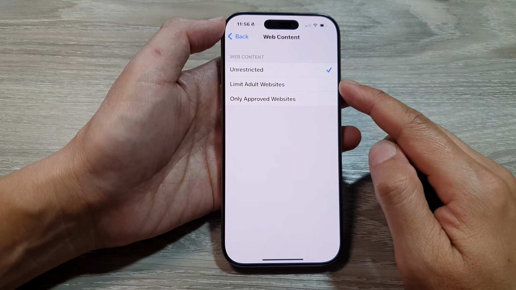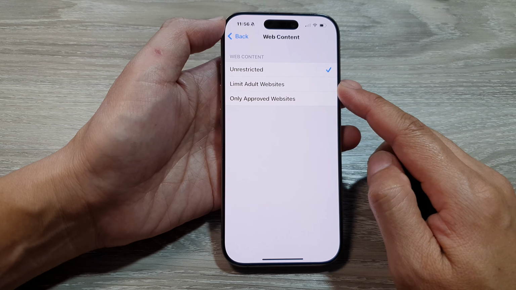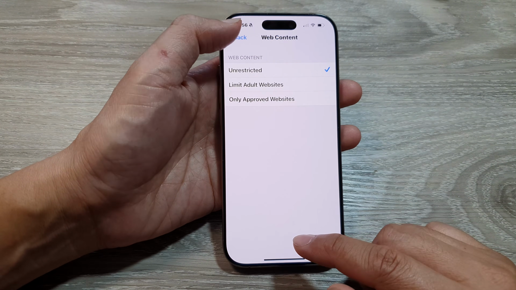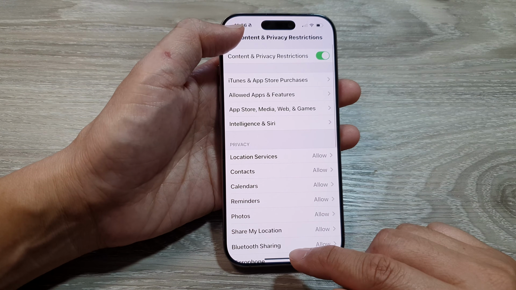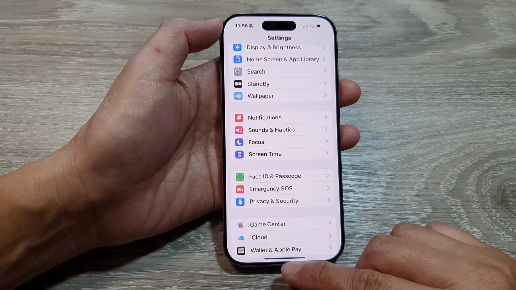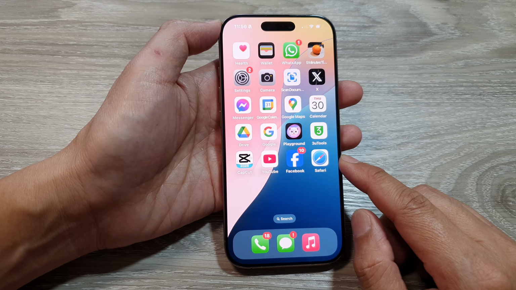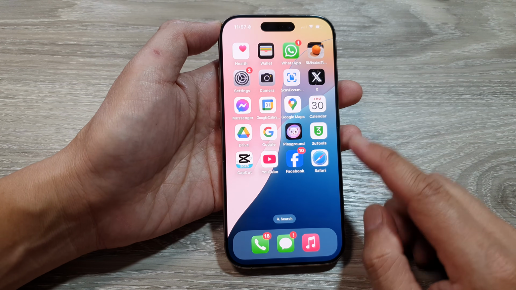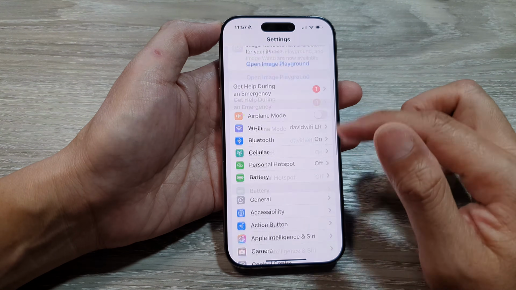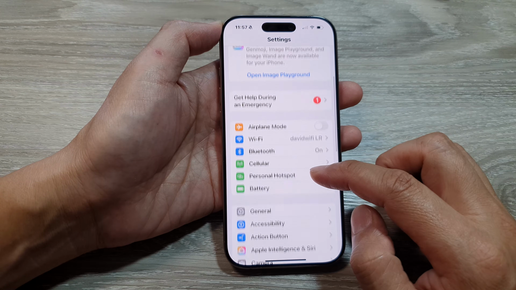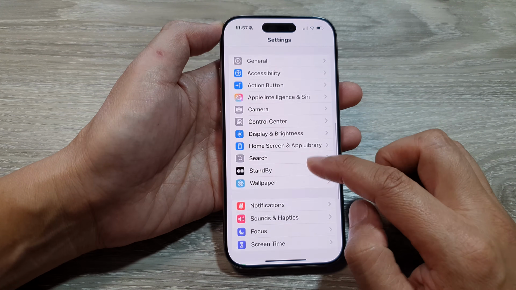How to block adult websites on the internet on the iPhone 16 series. First, let's return back to the home screen by swiping up at the bottom of the screen. Now from the home screen, tap on Settings, and in the Settings page, we go down and tap on Screen